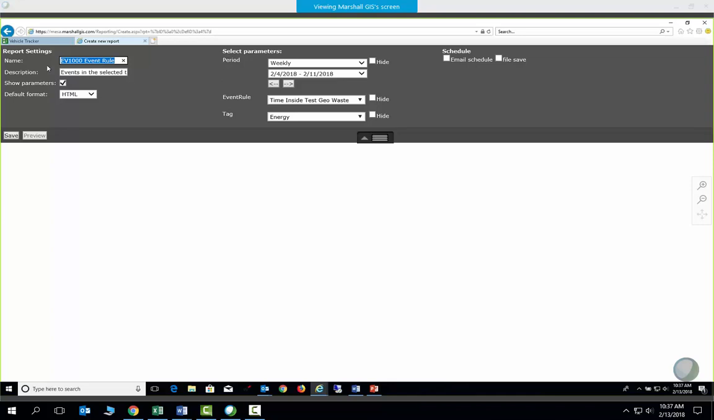Then again, you can add the title of your report. So, in this case, time inside geo-waste area, something along those lines, and then for energy vehicles or something along those lines could be the subtitle. So you have your main title, your subtitle. You can choose the format that you want, and then you basically could save that, and then that's a report that you could run based on that GeoFence boundary